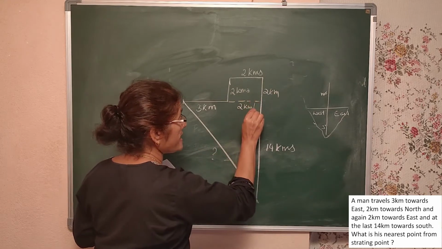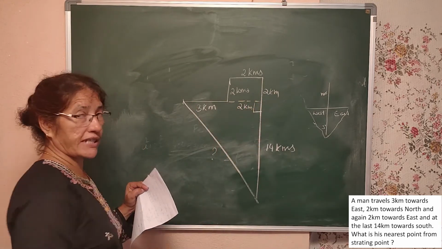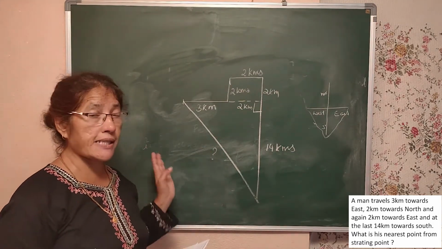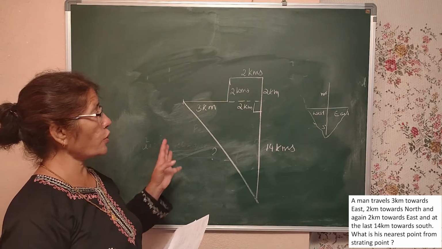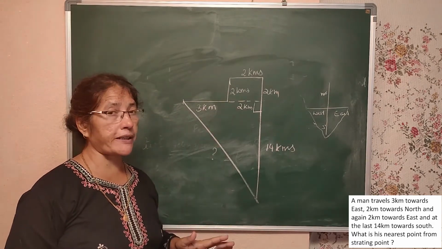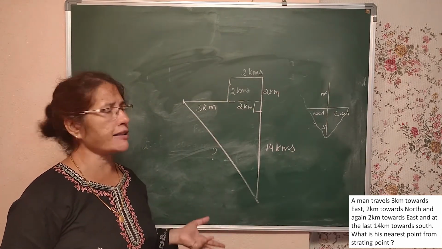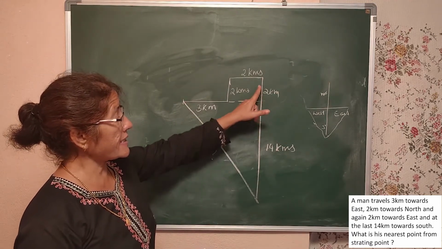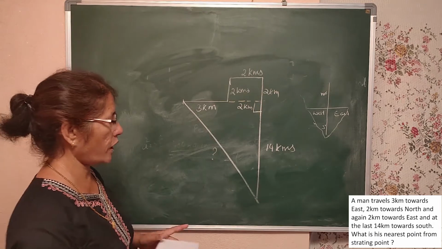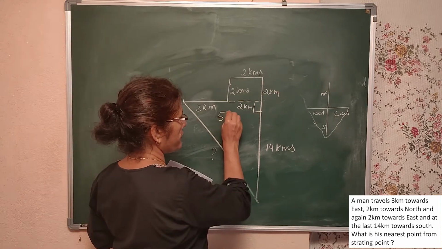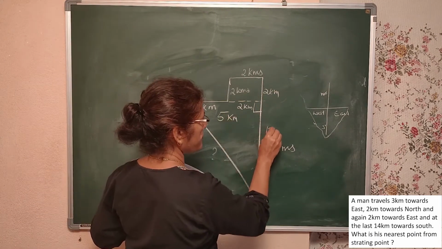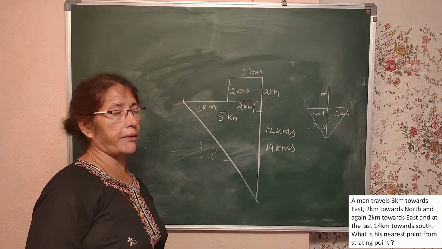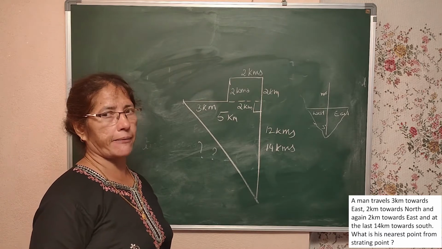But what is this type of triangle called? We have studied. It is a right angle triangle and I can use Pythagoras theorem. Those who already know about Pythagoras theorem, you must have got the answer, because this side is 5 kilometer, this side is 14 minus 2. How much? 5, 12, and how much is this? If you know the Pythagorean triplet, immediately 5, 12, 13 you will see.